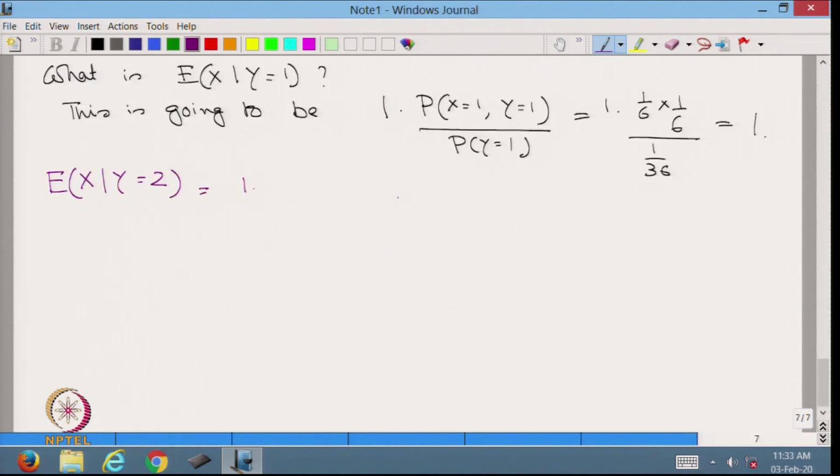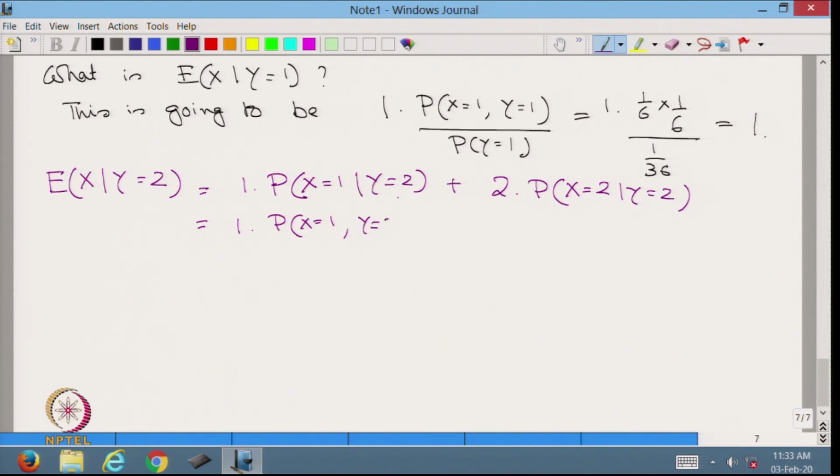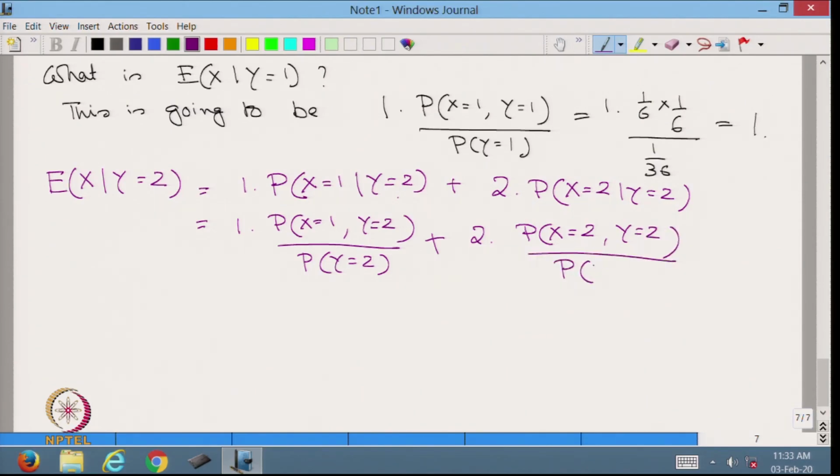When x is equal to 1, probability of x is equal to 1 given y is equal to 2, plus 2 times probability x is equal to 2 given y is equal to 2, is equal to 1 times probability x is equal to 1 and y is equal to 2 divided by probability y is equal to 2, plus 2 times probability x is equal to 2 and y is equal to 2 divided by probability y is equal to 2, which is equal to